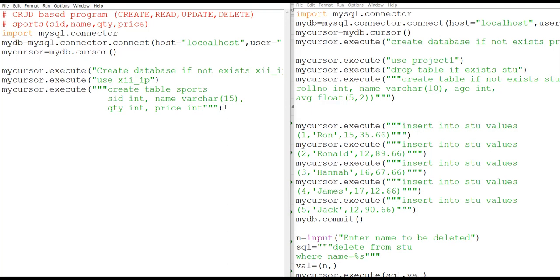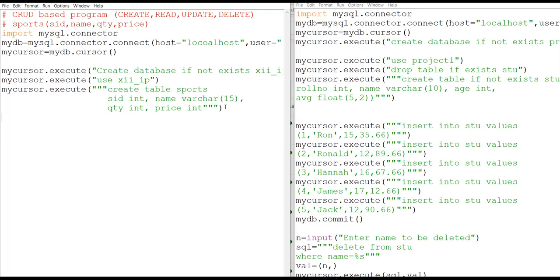Now for all the remaining things, we are going to make functions. Functions are not in your syllabus, but when we are making programs and our programs are lengthy, that time we need to make functions.